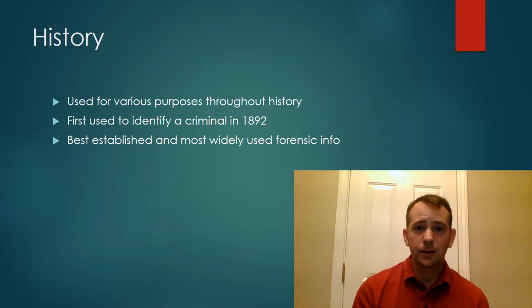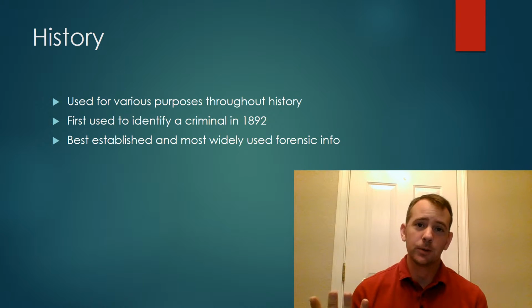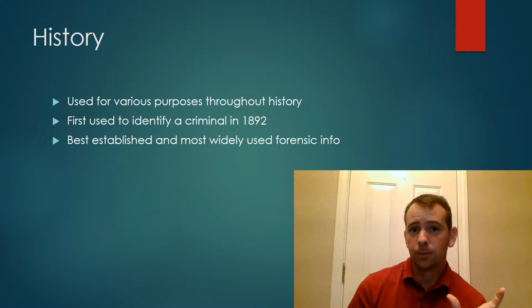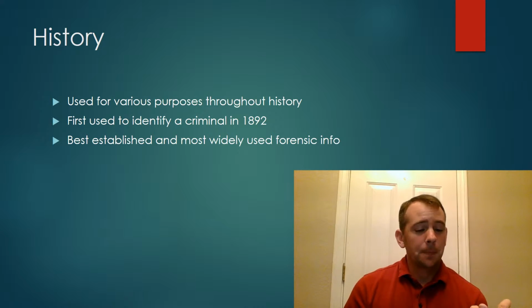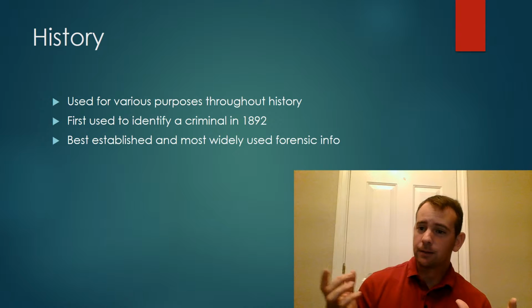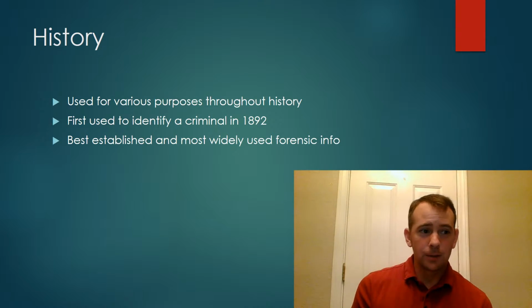The big thing that has changed in recent times is how we compare them. In the early days of fingerprinting, the only way to compare a print from the crime scene to an existing print sample was to actually hold them up next to each other. So the FBI had index cards, basically, with sample prints on them of people who had been convicted of crimes. And they had thousands and thousands and thousands of these cards. And police departments around the country would take prints from the crime scene and they would mail them to the FBI. And there was an office in the back full of clerks, and that was literally their job,